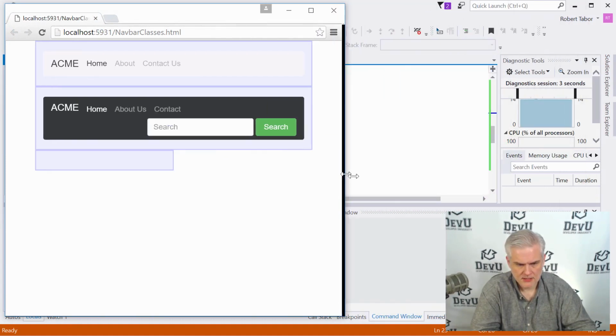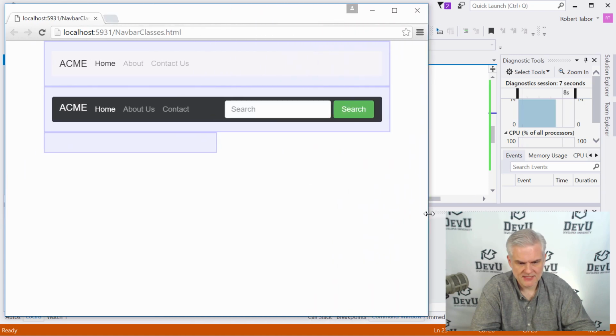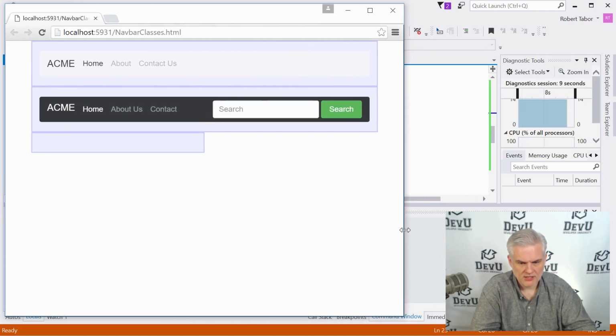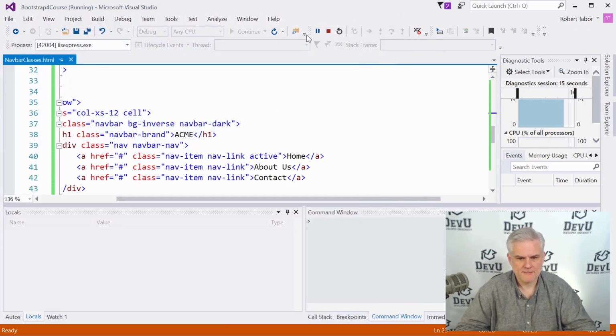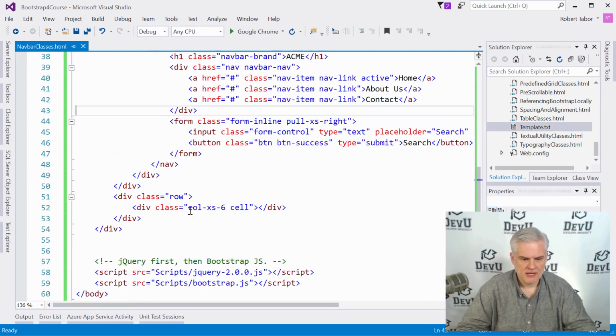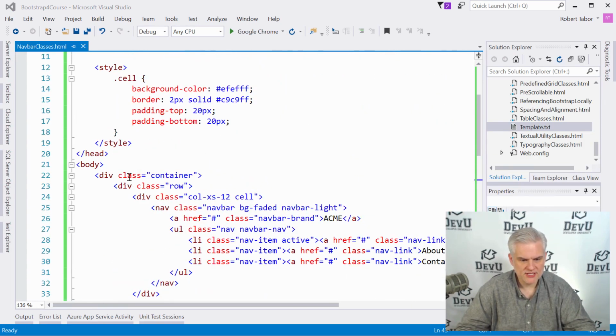Okay, interesting. Now, obviously, when we get to these smaller sizes, things are going to start wrapping on us. And this is where we'll want to talk about collapsing, and we'll get to that in just a moment. All right. Now, before we get to that, let's look at a version of a navbar that will always stay at the